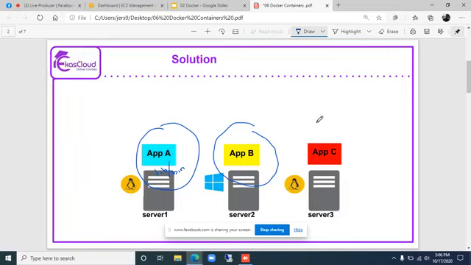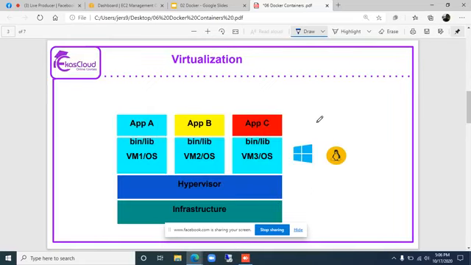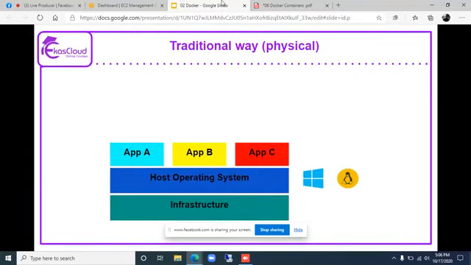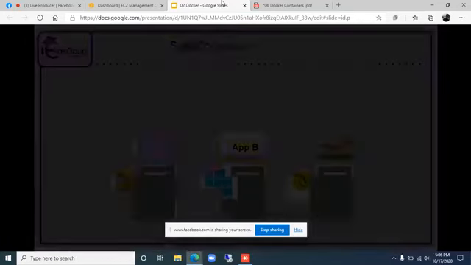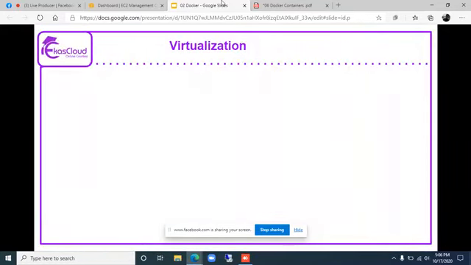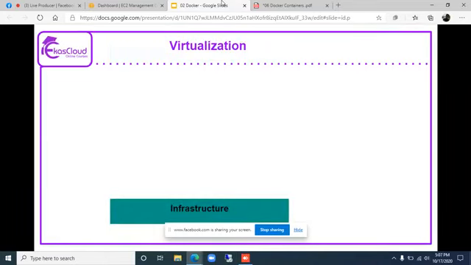This was overcome by a technology called virtualization. In a virtualization environment, you will have an infrastructure, again the underlying hardware.